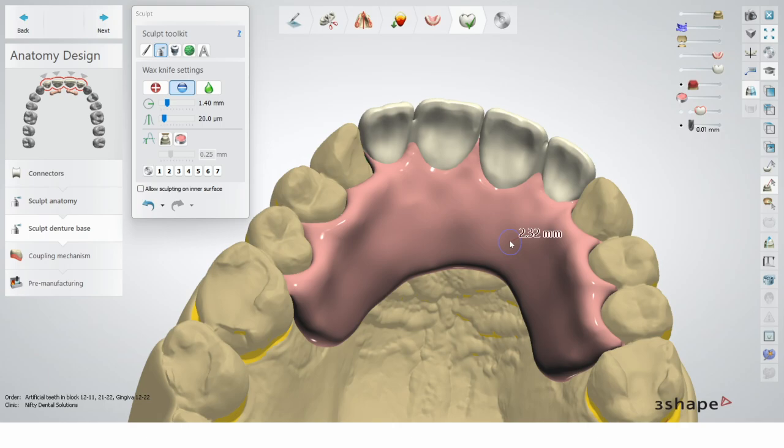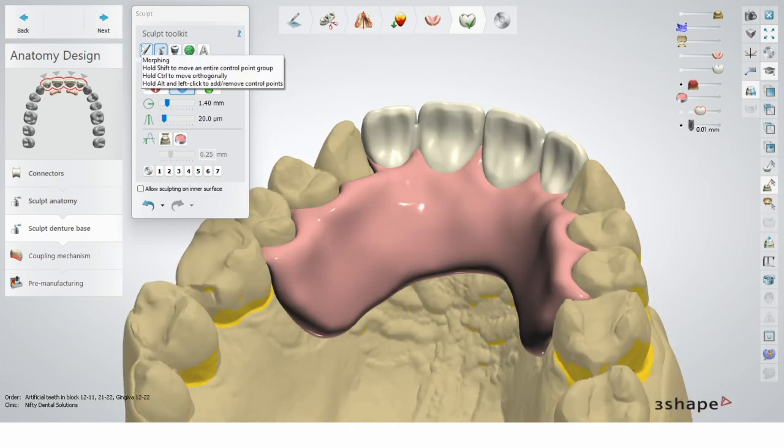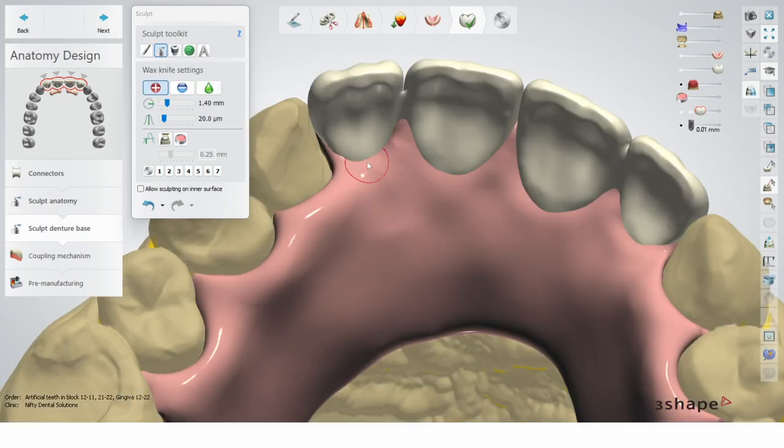The last step, which is really, really important that we must follow every time, is applying T-bars. These T-bars have been placed specifically to support the denture base during the printing stages, but also during the curing stages of the dentures.